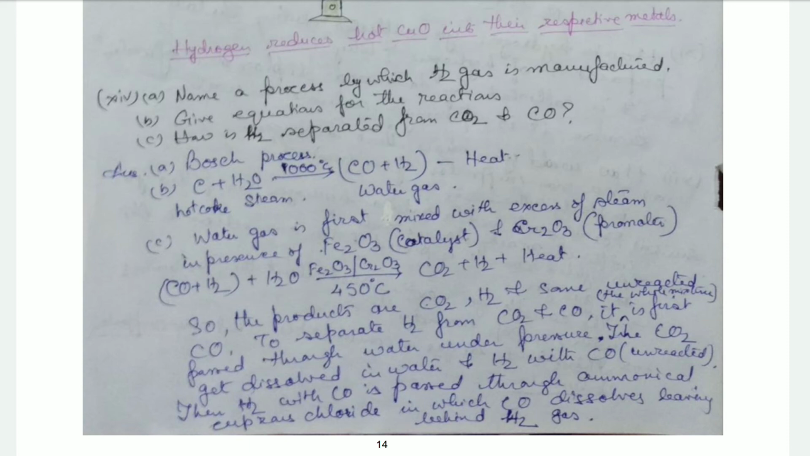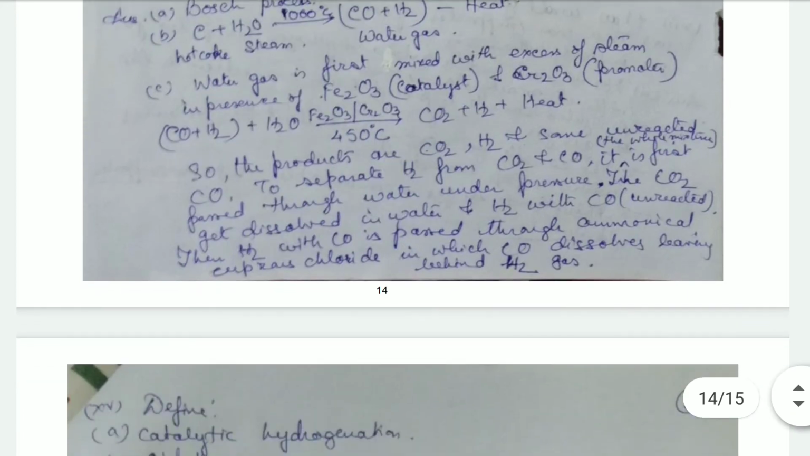acting as a catalyst, and chromium oxide as promoter, and what do we see? We see that it forms carbon dioxide and hydrogen is liberated with a lot of heat. Now the products contain three things, that is, one is carbon dioxide, another is hydrogen, and some unreacted carbon monoxide. Okay, to separate this hydrogen from this carbon dioxide and carbon monoxide, the whole mixture is first passed through